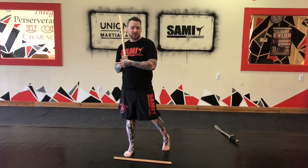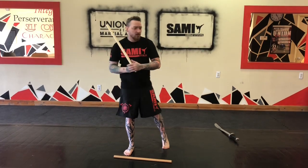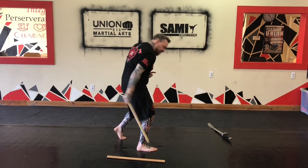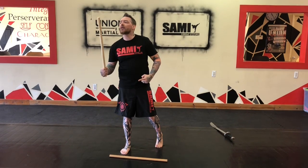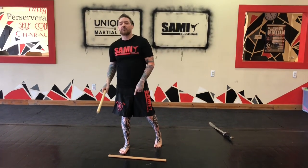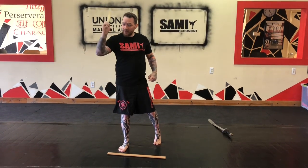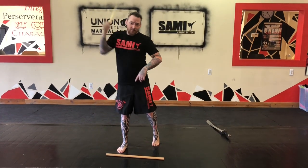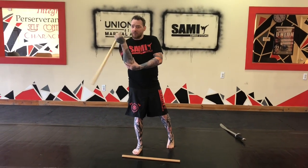I always like to make sure that I finish my redondos with making it a bit of a strike, not just doing this and going, cool, that was fancy, but doing the strike and then really pulling it into the hit. From the downward position, the same thing. I could do it going up, as if I'm bringing it upwards, like I'm going to try to hit myself with it, but I keep it rotated on the outside of the body and up. And same thing, I'll bring it up and get that strike with it. Up, down, okay? Once you get the idea of the upward and downward redondo, and it takes time, remember, keep it on the outside of your body,